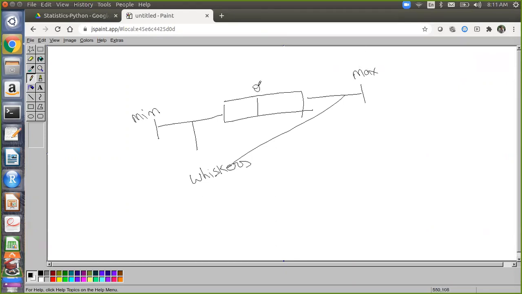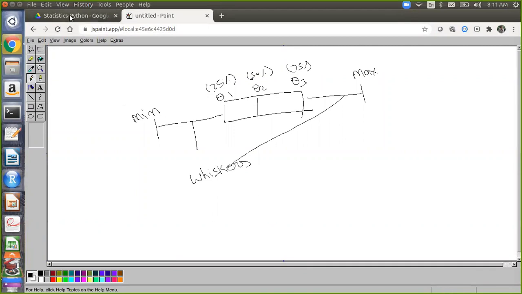This is Q2, this is Q3, and this is Q1. Q1 is nothing but the 25th percentile value, then the 50th percentile value, and this is your 75th percentile value. These are your extreme points, minimum and maximum. Q1, Q2, Q3 represent the quartiles. This is the visual representation. If you write these numbers directly in numerical format, that represents a 5 number summary. So both are the same thing.